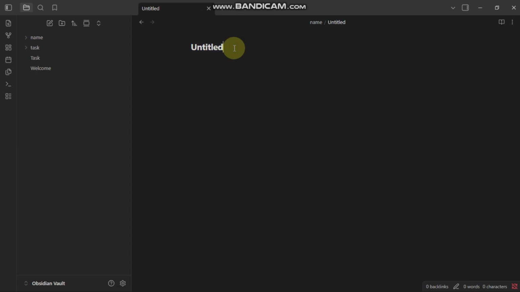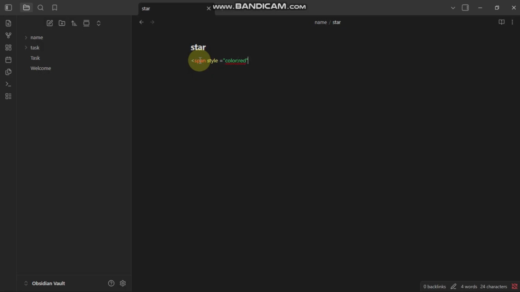Now, click inside the editor and place your cursor where you want the colored text to appear. To change font color, you'll use a simple HTML span tag with a style attribute. Start by typing an opening span tag and specifying a color value. For example, you can use a standard color name such as red, blue, green, purple, or orange. After the opening tag, type the text you want to highlight, then add a closing span tag to end the